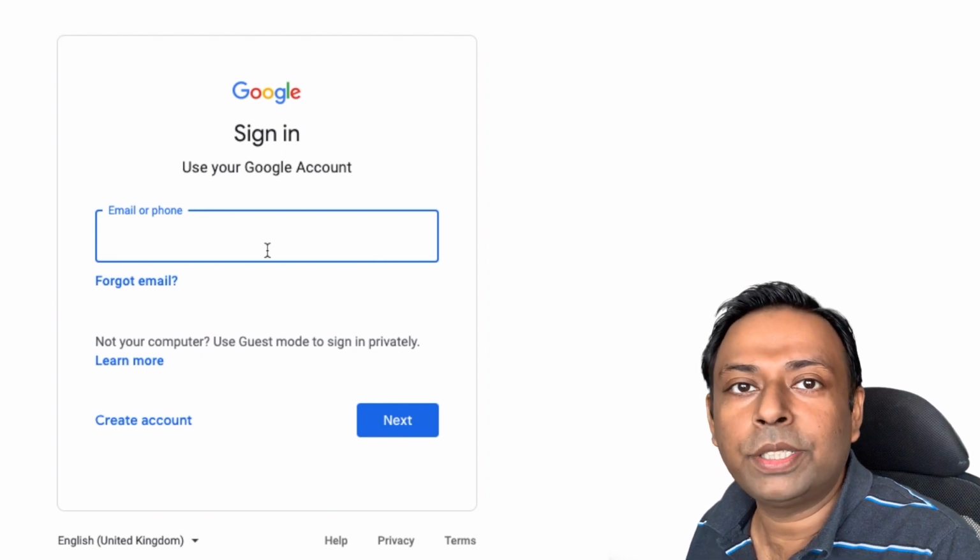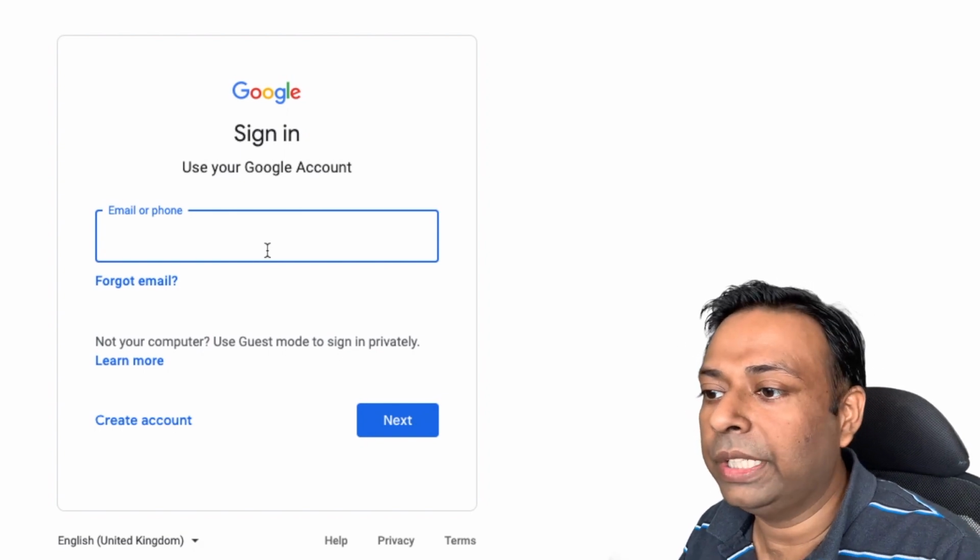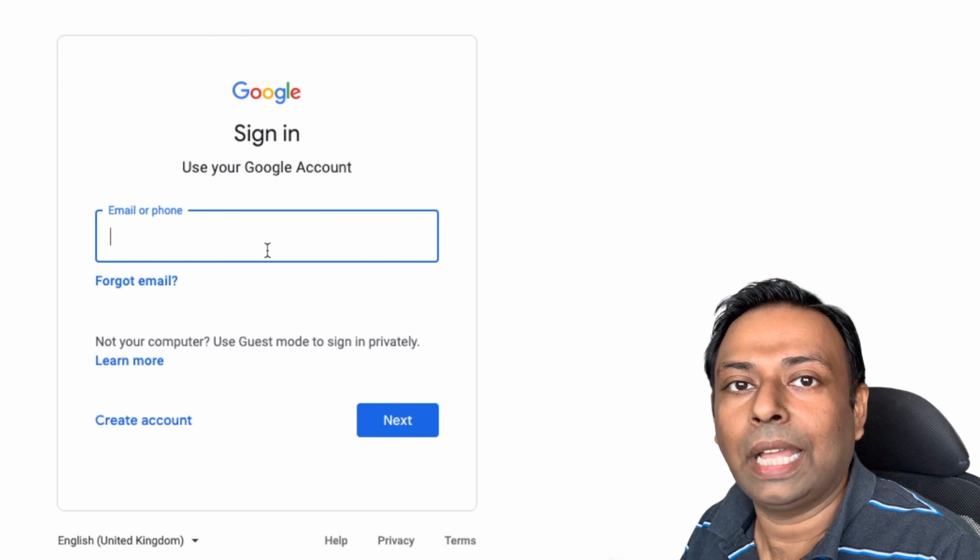Now you have to first log into the account that you wish to delete. So I am going to enter the username of the Gmail account that I am going to delete.